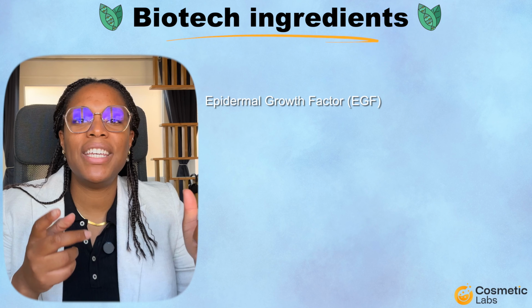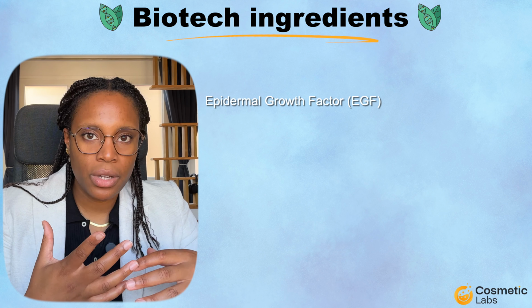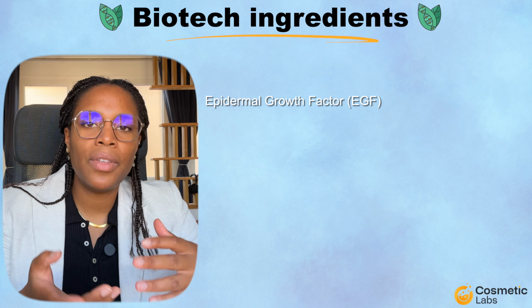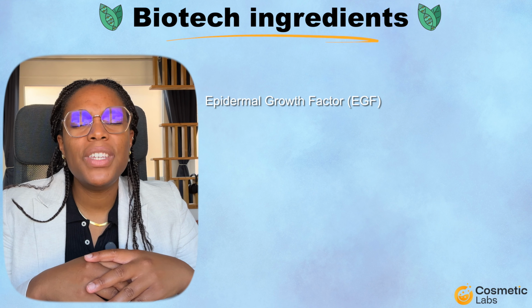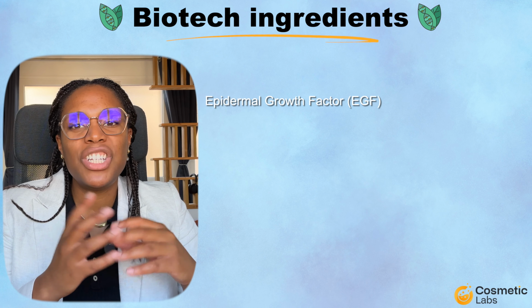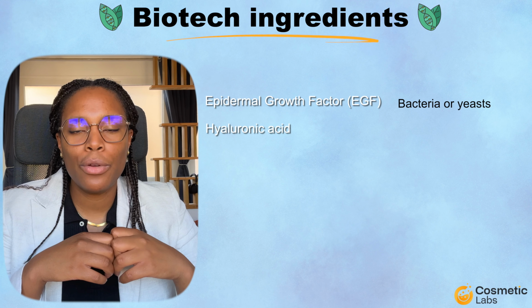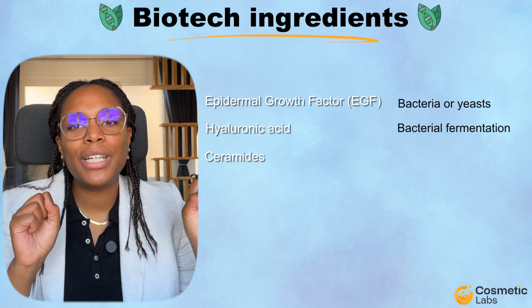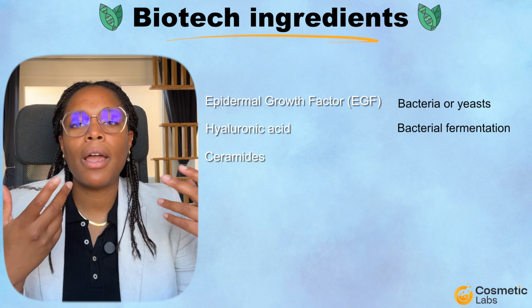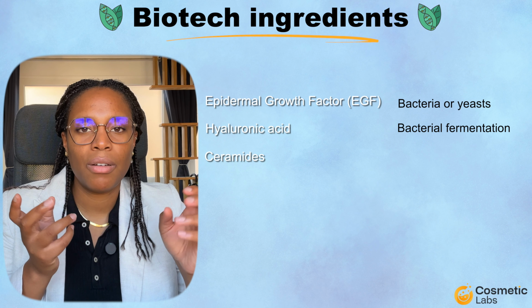3 examples of biotechnological raw materials: you can have the epidermal growth factor, or EGF, which is an anti-aging active ingredient that stimulates cell renewal, promotes collagen production, and plays a role in wound healing. This one particularly can be produced by both genetically engineered bacteria or yeasts. You have also biotech hyaluronic acid that is produced through bacterial fermentation. And finally, biotechnological ceramides for skin barrier repair or for moisturizing effects, produced through fermentation processes from yeast or